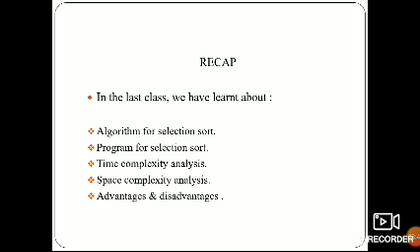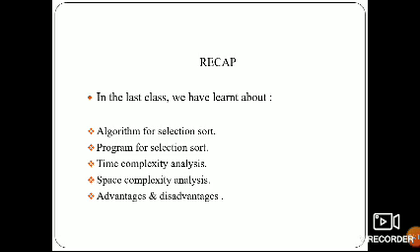Coming to the applications, it is selected only when a small list is to be sorted, when the cost of swapping does not matter, when checking all the elements is compulsory, and when the cost of writing to memory matters, like in flash memory. So we have to check all the elements in the list.